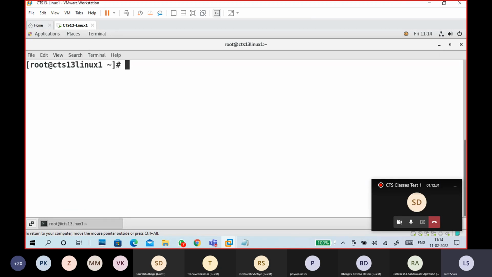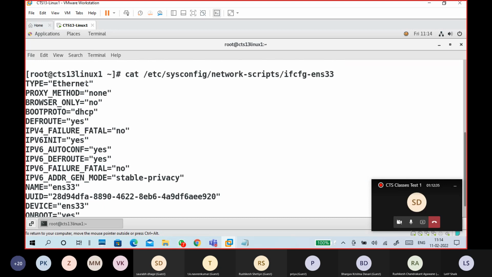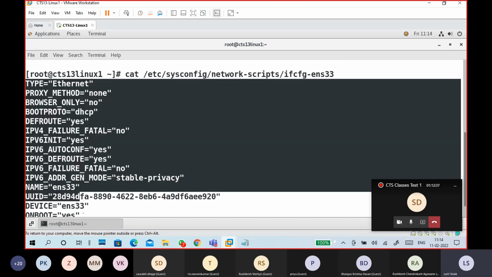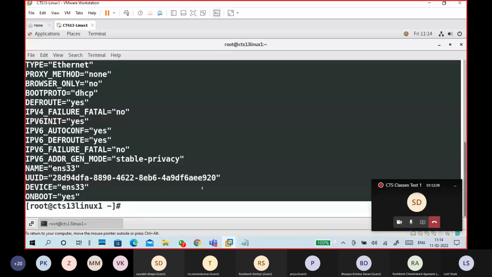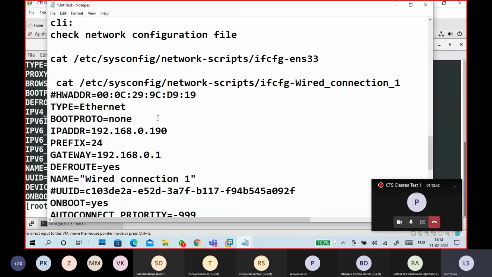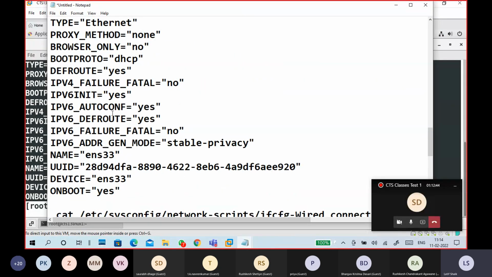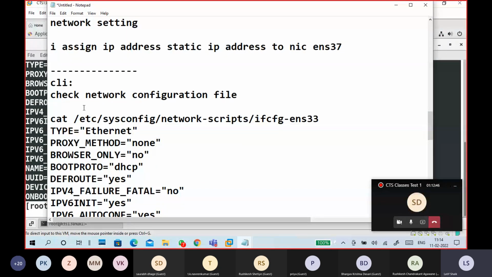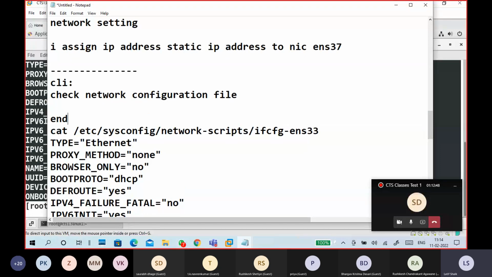What I'm going to do is go to this one. We'll copy this one also, because the first one is a DHCP configuration. This is ENS33, IP address by DHCP server.